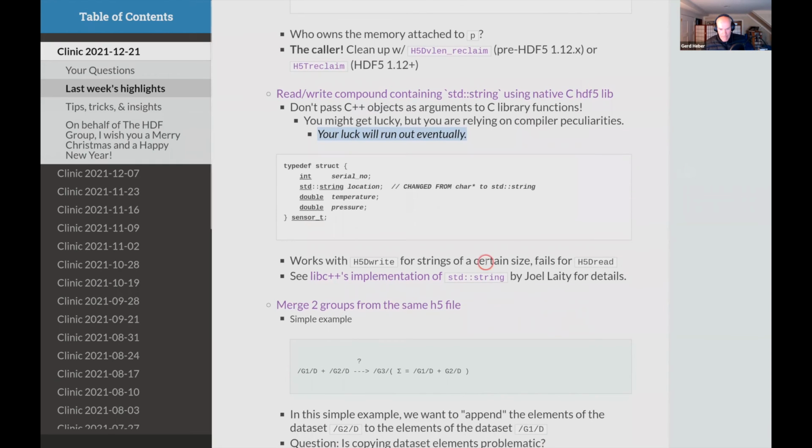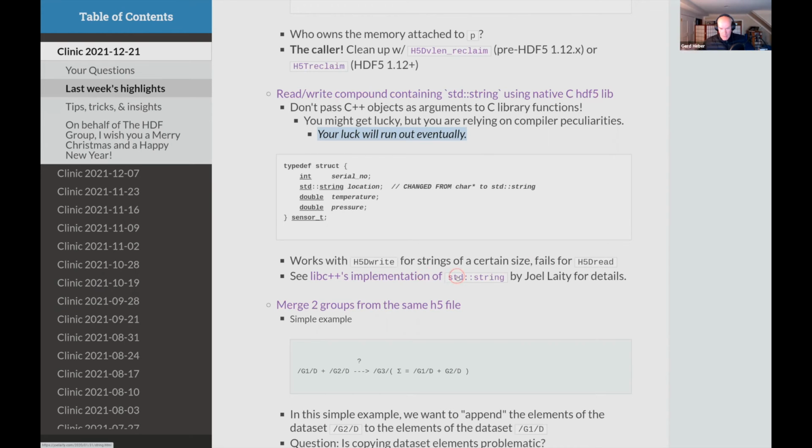For example, I linked here a very interesting article where somebody describes the compiler-level representations of std::string. There you can see that the writers make all kinds of optimizations depending on whether you are dealing with a short string, which I think can be up to 22 characters or something like that.